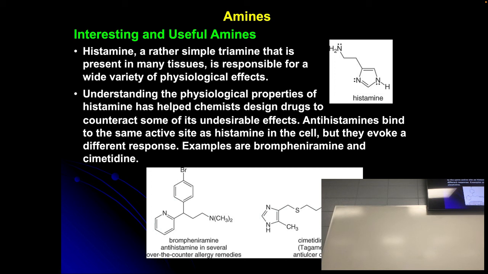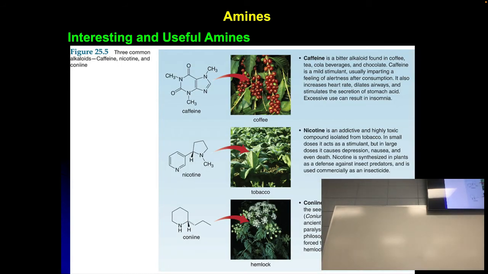And then, of course, cimetidine, also known as Tagamet. This is an anti-ulcer drug, and you can see the nitrogens throughout, although I wouldn't call these really amines like this. Some other amines that you all